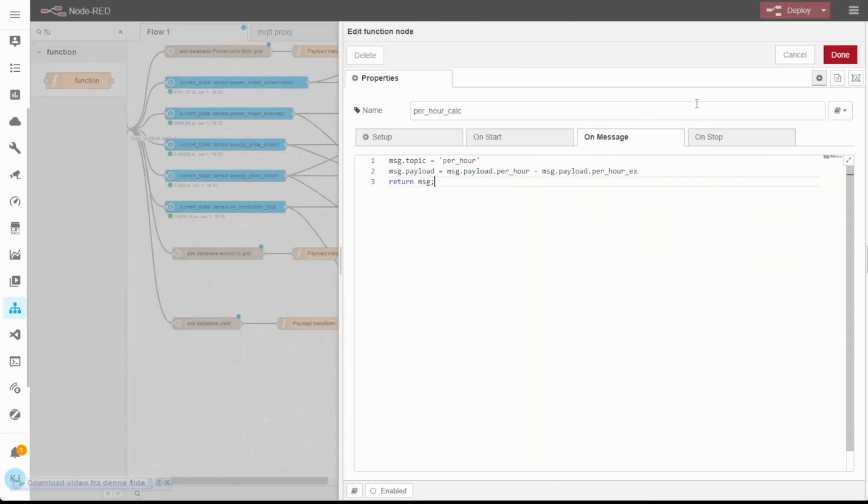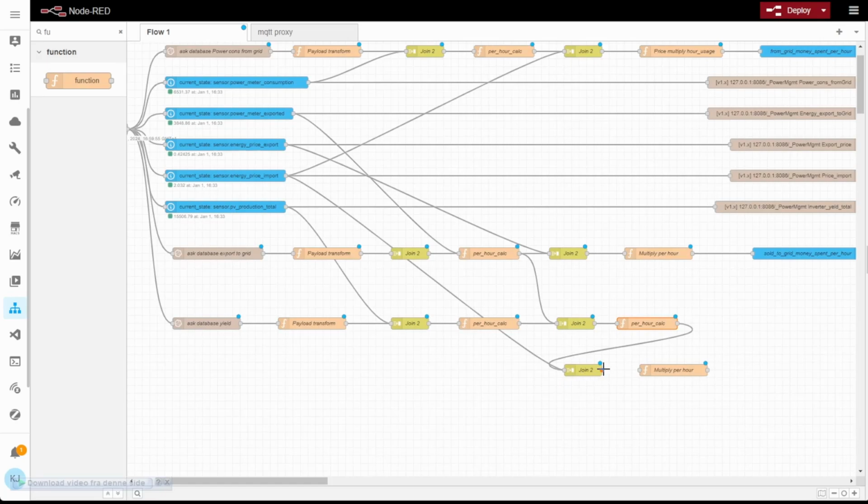It's our topic per hour. So now we have output how much per hour we have energy which we don't have to pay for,